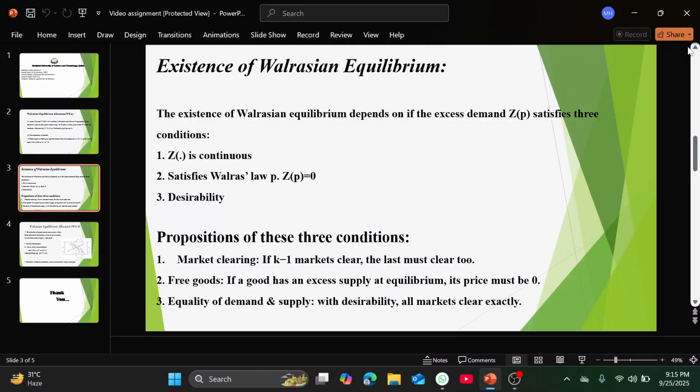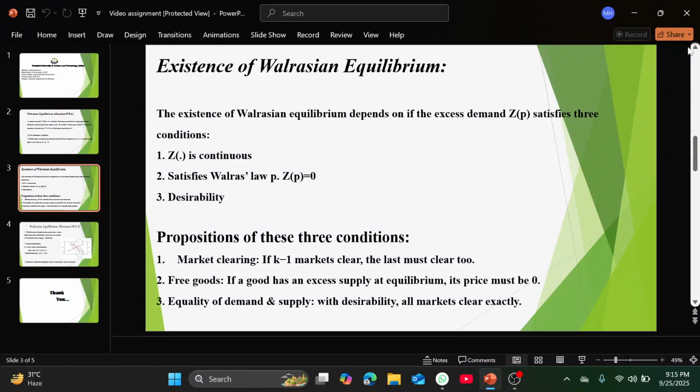Suppose that all goods are desirable in the following sense. Basically, desirability means if price equals 0, then aggregate excess demand is greater than 0. Proof: if not, Walras' law would be violated. The desirability assumption says that if some price is 0, the aggregate excess demand for that good is strictly positive. Then we have the following proposition: